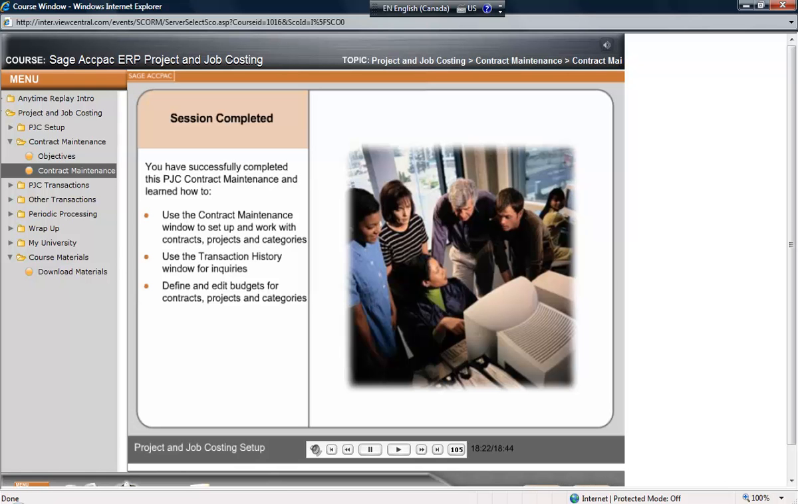You have completed this session on PJC Contract Maintenance. You have successfully learned how to use the Contract Maintenance window to set up and work with contracts, projects, and categories, and use the Transaction History window for inquiries,